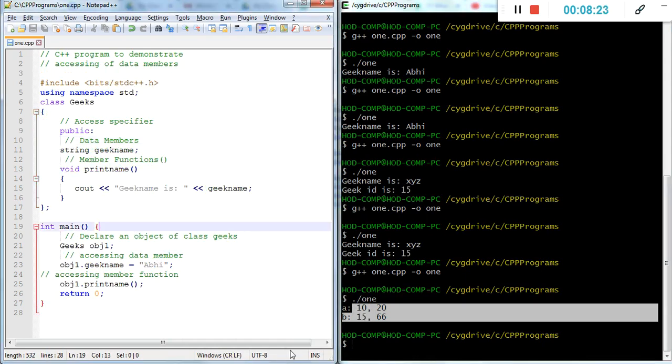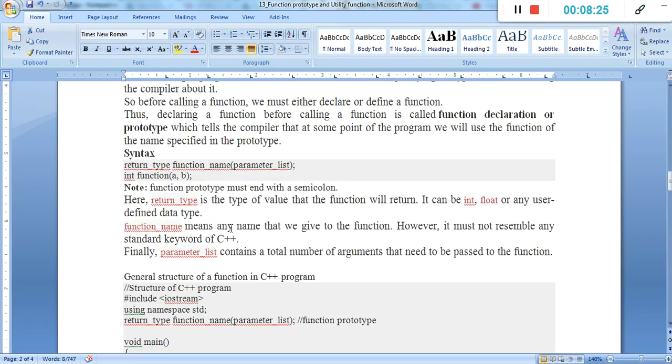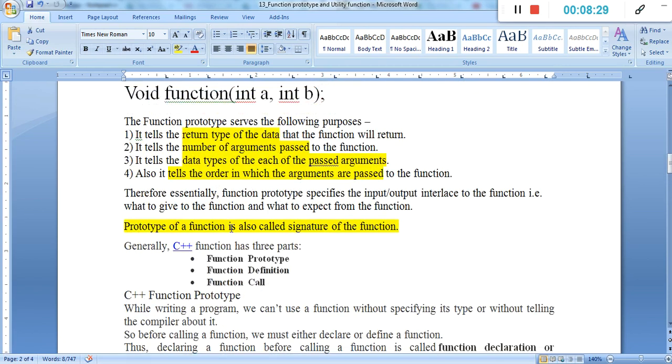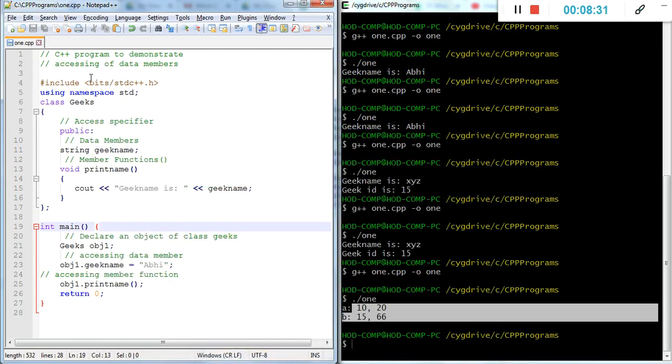We will understand how exactly a function prototype is defined, or rather declared. It's a simple code. This is simply the class. It contains a member function.